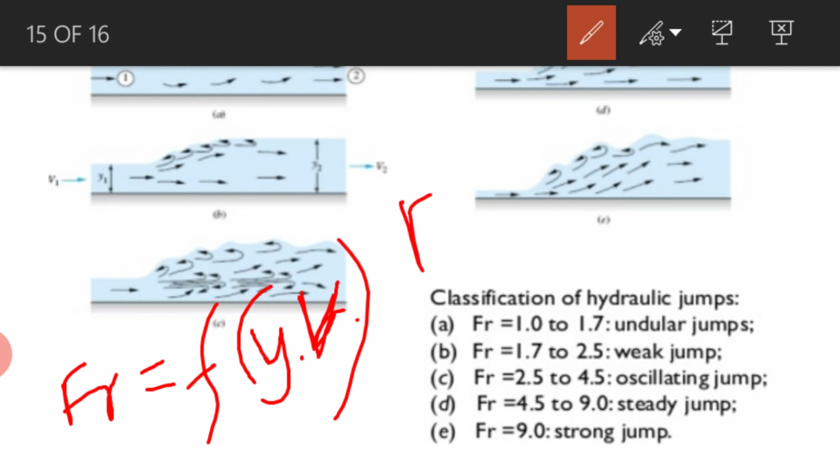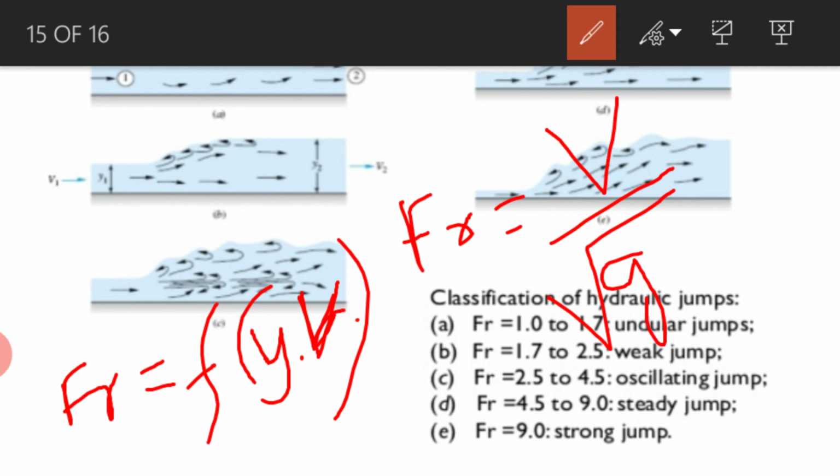We know the Froude number equation as V divided by root of gy, where g represents acceleration due to gravity. We get this acceleration due to gravity because of having a slope,